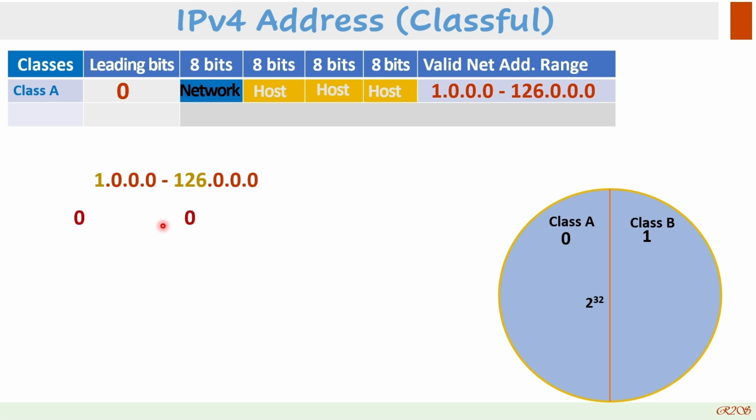And we said for class A, the first, or leftmost, bit is always 0. That means the leftmost bit of the leftmost byte is always 0. So if it is always 0, that's what I wrote here, the 0. This 0 is actually the leading bit 0. So we have 7 bits more, and those 7 bits could be